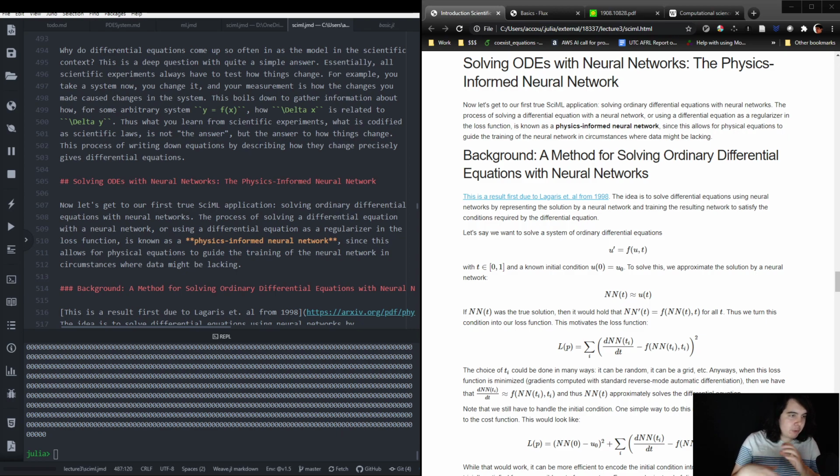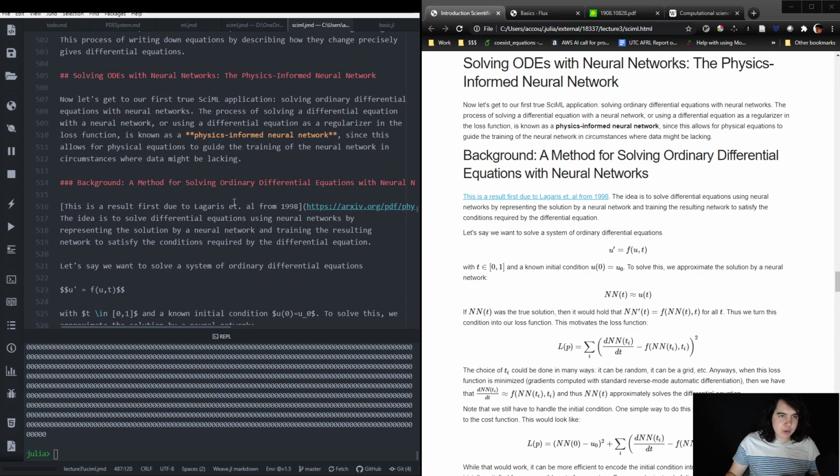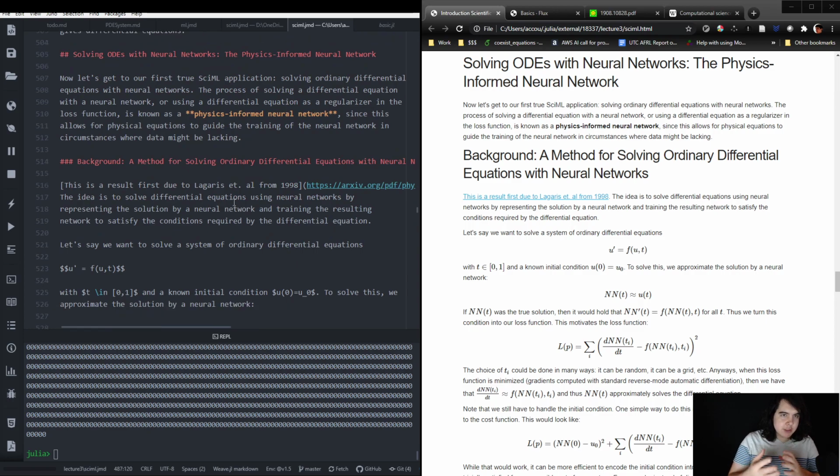So okay, now we know of machine learning as a method for function approximation, right? Let's start to look into how we can use function approximation along with differential equations, and this will be the bridge that we call the physics-informed neural network, which we will use to bridge between this field of scientific simulation and machine learning. So this object, what we'll be talking about right now, actually has a formal name,